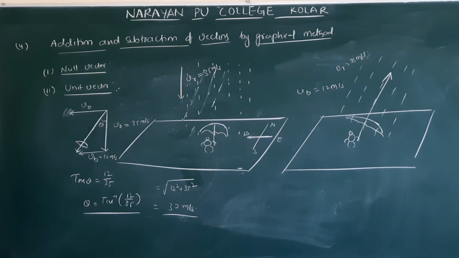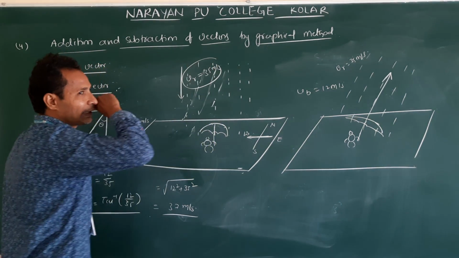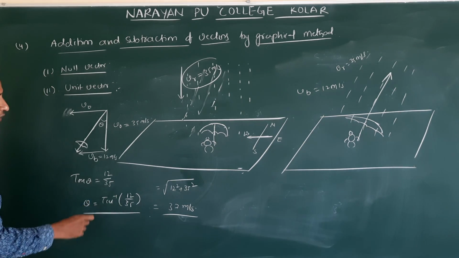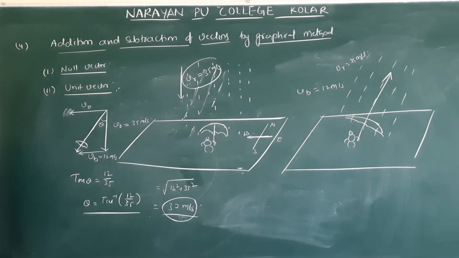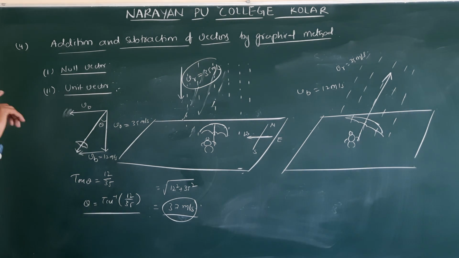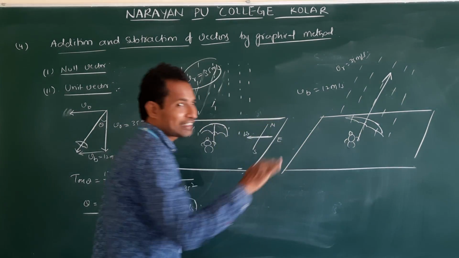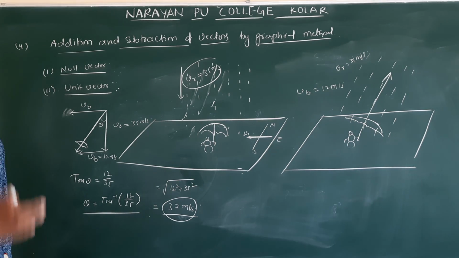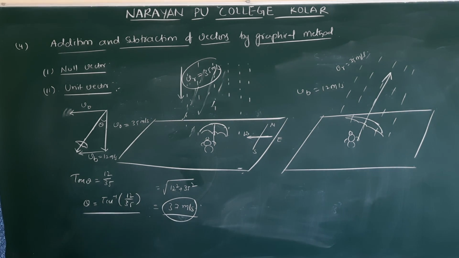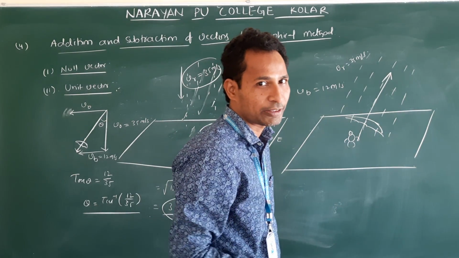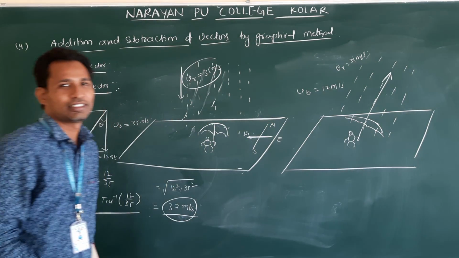So due to the wind flow, initially it is falling at 35. Due to the wind flow east to west, the direction changes and finally the magnitude becomes 37 meters per second. This is the advantage of using vectors. Clear? See, here the boy is only standing. If the boy runs, that is a special case that we will see at the end of this lesson. Suppose the boy runs in the rain, what will happen? That we will see in the coming discussion.